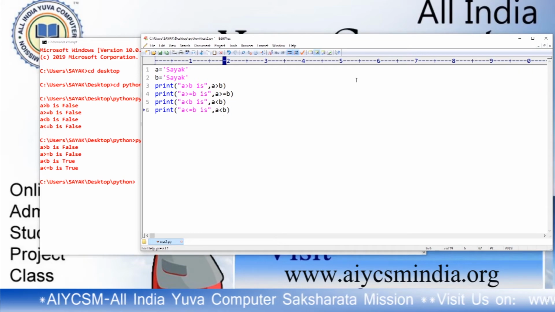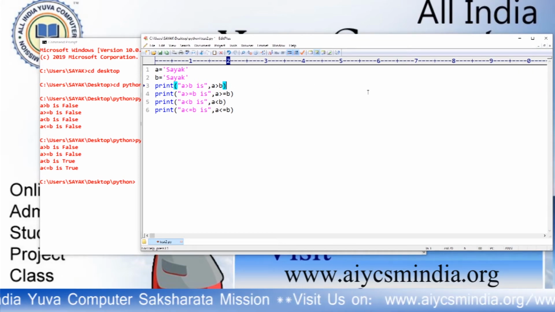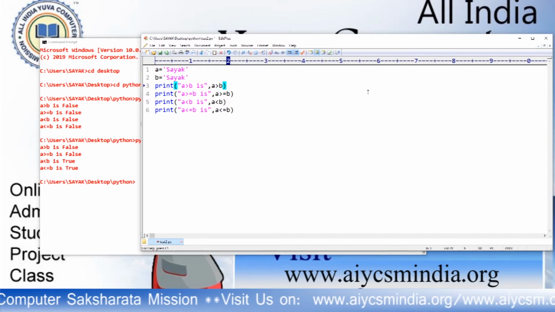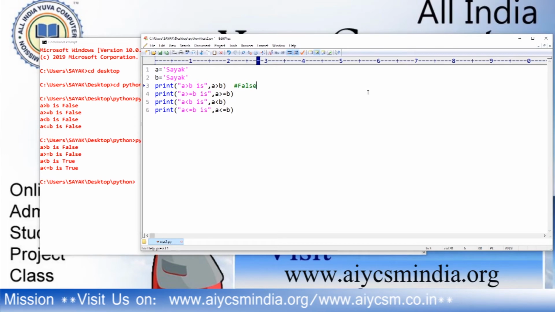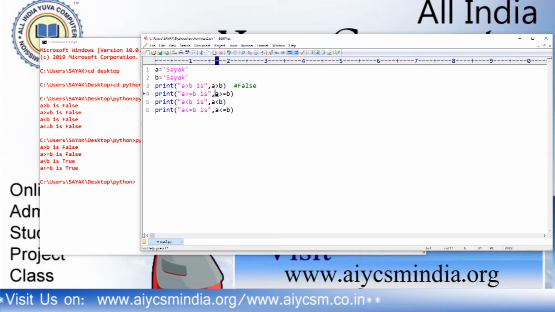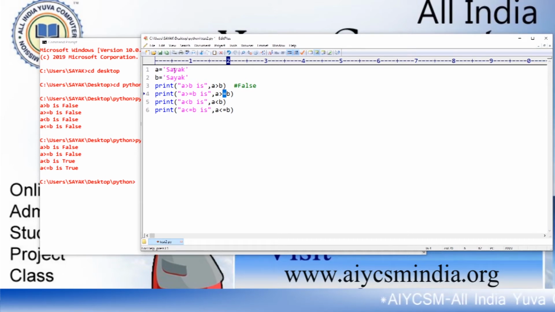Here is a trick. This value is false because it's not greater than. This value and this value are true because it is not greater than but equal to is true, because it is checking all the alphabets from every string and they are equal.